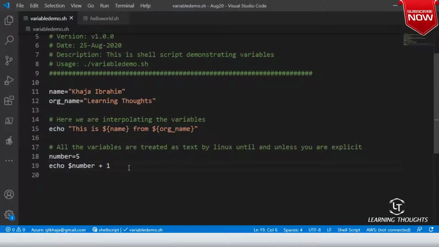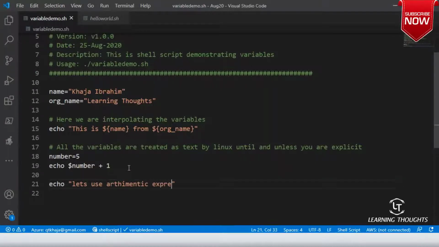And then I'll be writing echo, right? Let's use an arithmetic expression. And over here, I am trying to write echo of this.